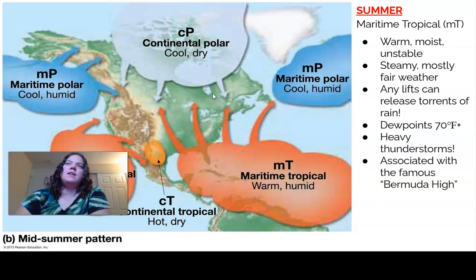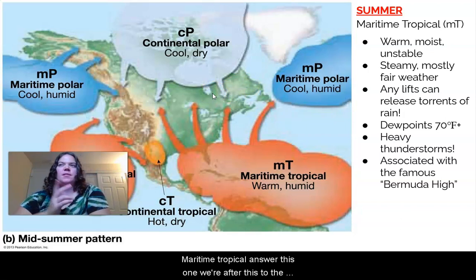And then finally the Maritime Tropical. Oh, I'm sorry, there's one more after this. So the Maritime Tropical, little m, big T, is warm and moist. It's unstable. We have steamy weather. This is where you get that Velcro sticky. That's what my boss used to call it, Velcro sticky